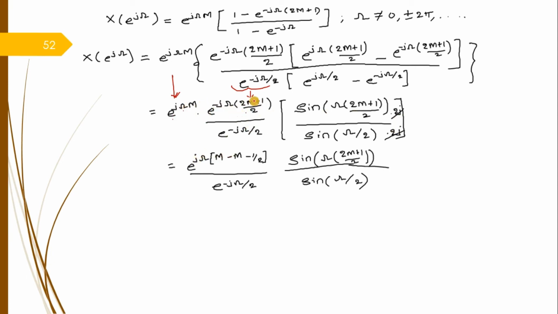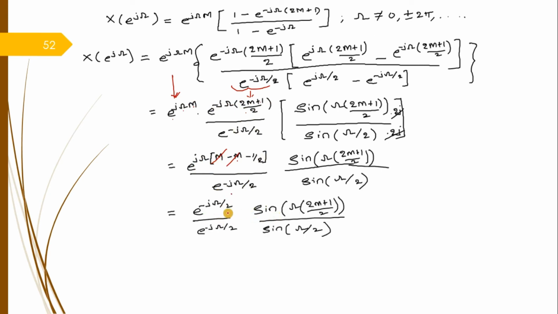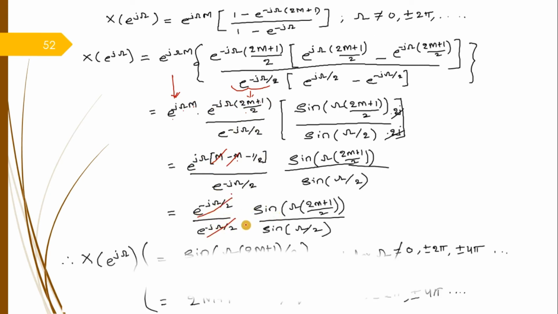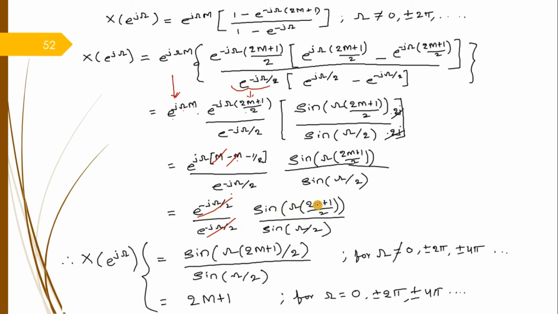j omega is taken common. M if it is added, what do you get? M, this m, and minus 2m by 2 is just m, 1 by 2. So this m and this m cancel. So you will get e raised to j omega by 2. This is also e raised to j omega by 2. This and this cancel. These two get cancelled. Okay. So you are left with sine omega